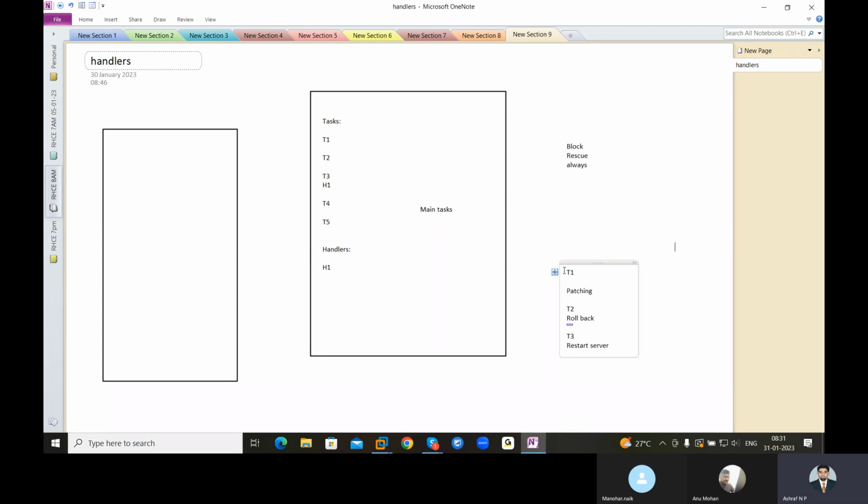So, writing three tasks. The first task is for patching the operating system, for example. The second task is for rollback, and the third task is for restarting the server. If you write it like this, what will happen? A problem, right? Just imagine: it will patch, and after the first task it will go for the second task. It will roll back. So after patching successfully, rolling back, restarting, no use, right? It's like a loop, no use.